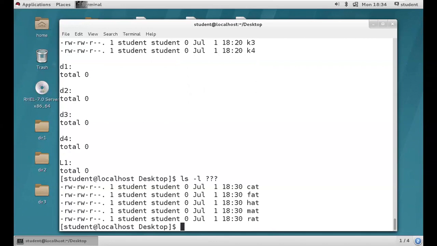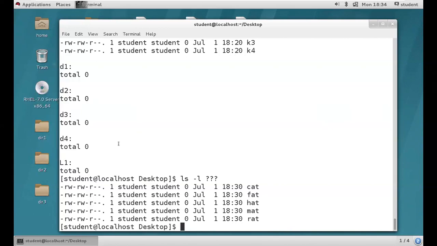The difference between star and question mark: where we need to use star, where we need to use question mark. If you need to read a single character, question mark is enough. If you need to filter with the help of one character, then you can use question mark. If you need to filter all the characters from your file name, use star. Star will consider everything. Question mark is going to consider only one character from your file name. So clear, guys? Yes, no?